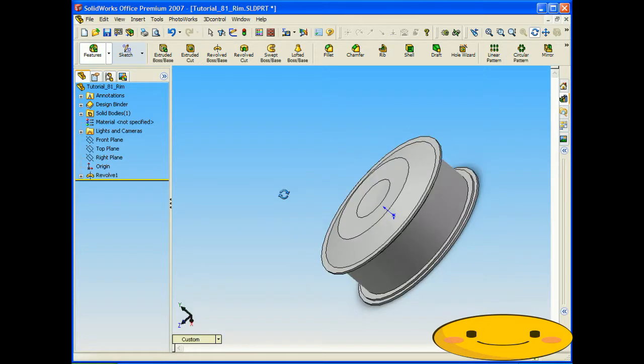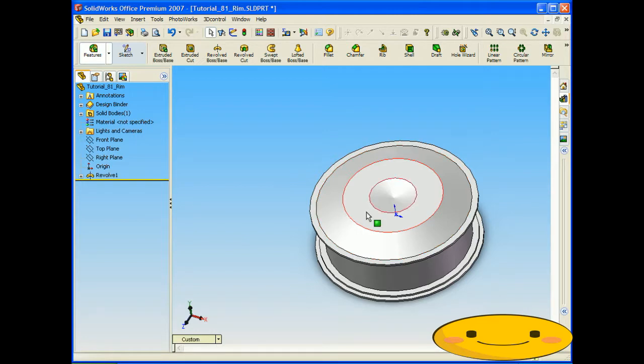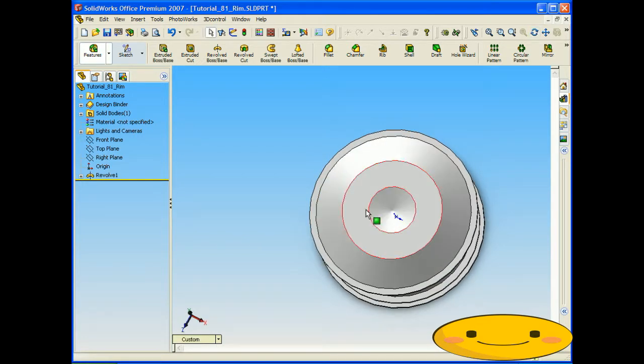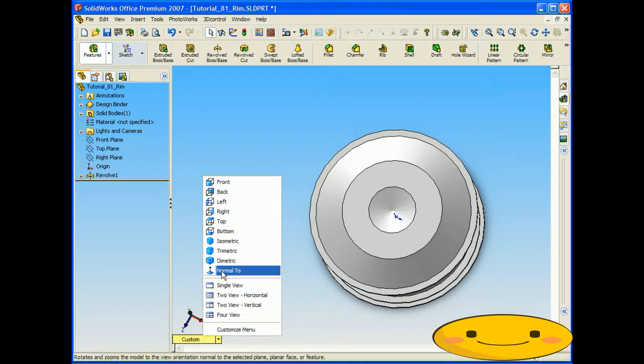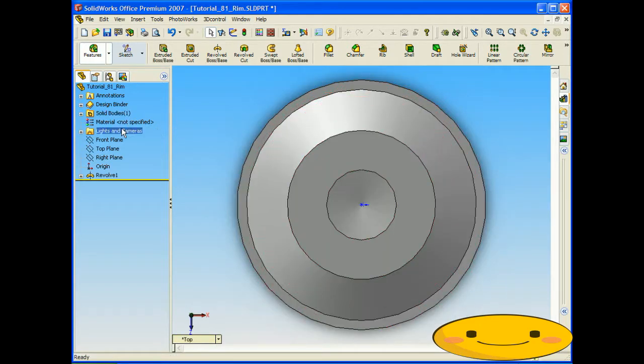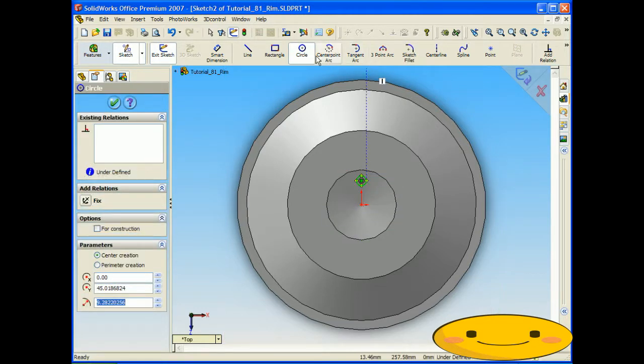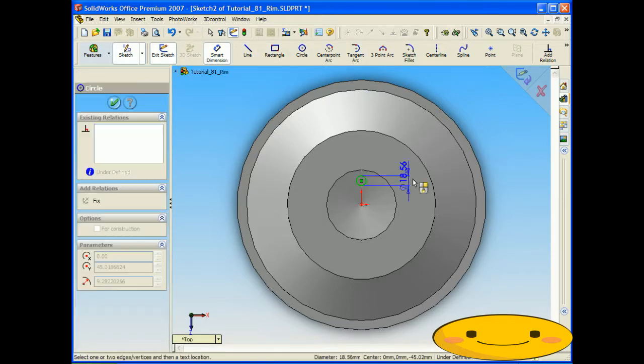So this is where we would be making our cuts and creating our assembly from. So let's first make the 5 holes in it for the tire to mount onto. So let's click front view, top view. Let's do it on the top. Click top plane, click sketch, click circle, and from the center point just make a circle, smart dimension, and let's